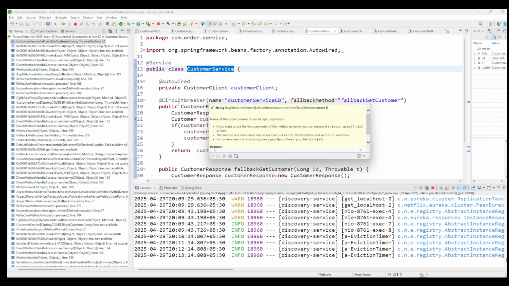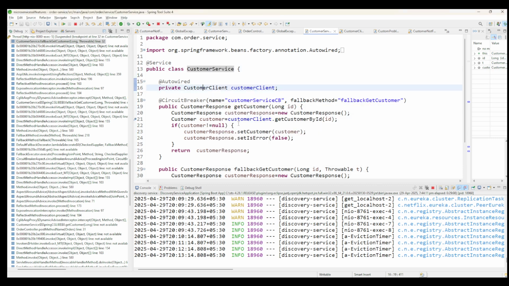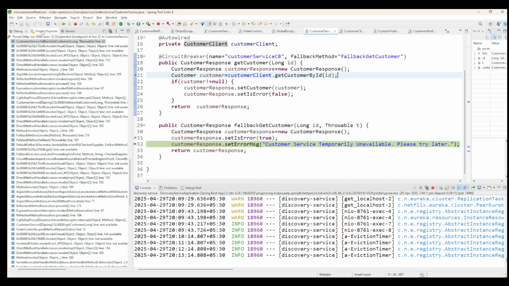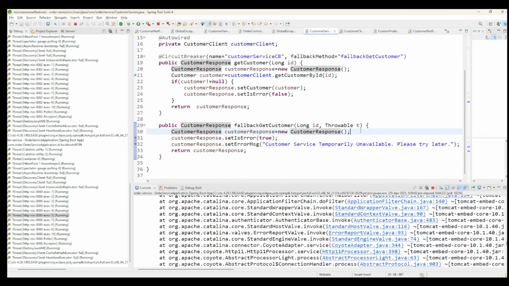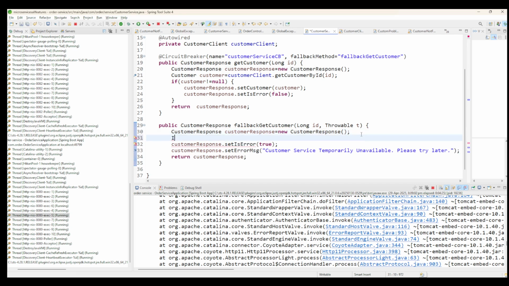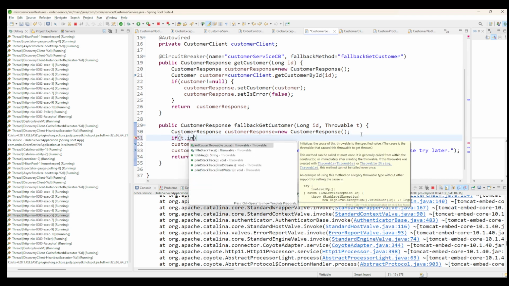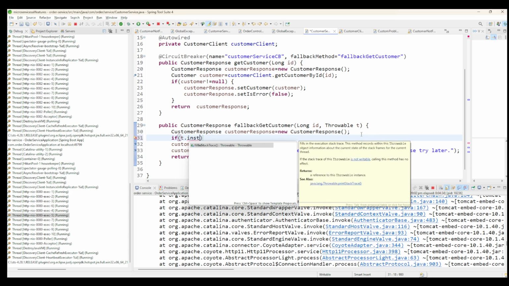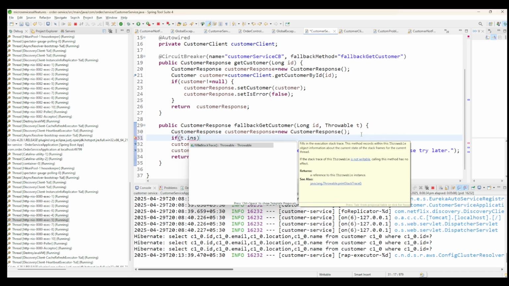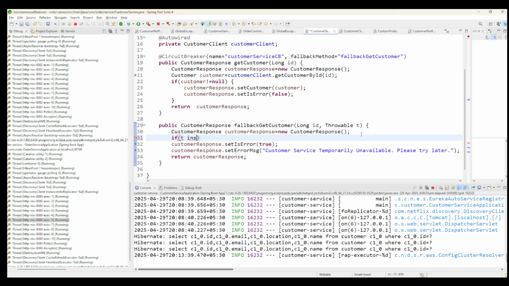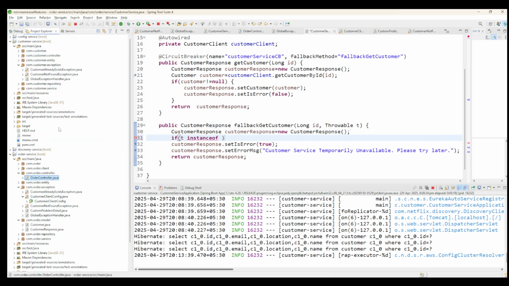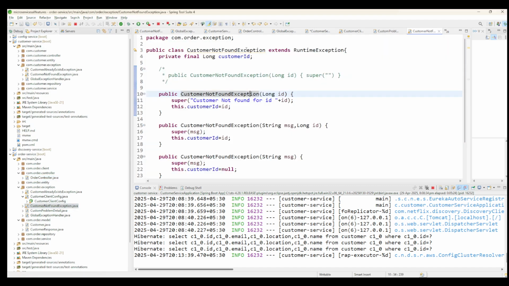Now here, this is the fallback method. Let me complete this. Okay, here we can check one thing, like if throwable dot instance of, we can use instance of, and what is our exception? Our customer not found exception. So let us go back to customer not found exception. We can copy this part,